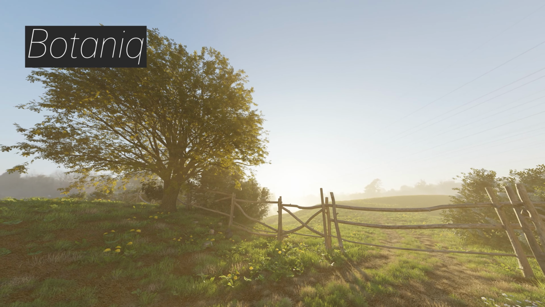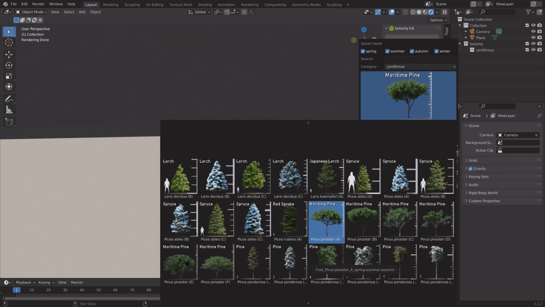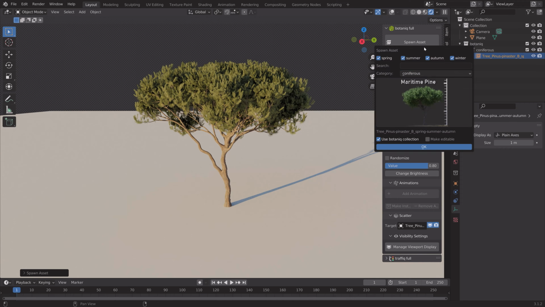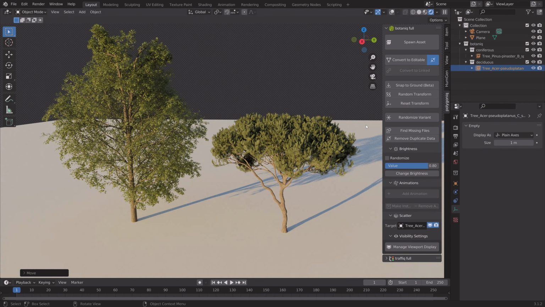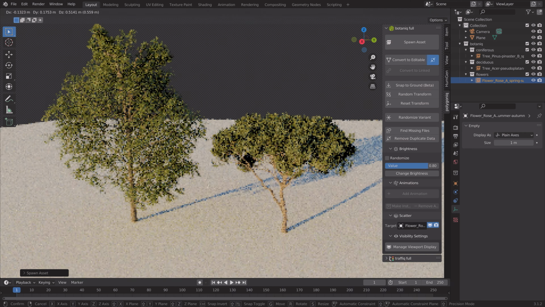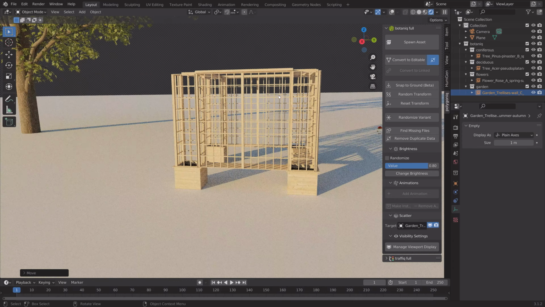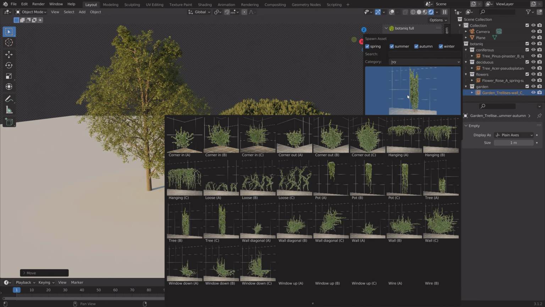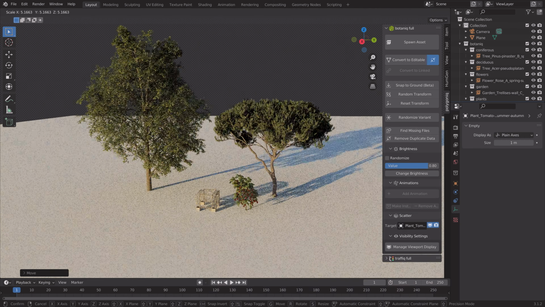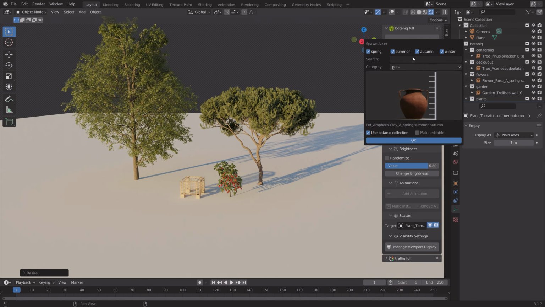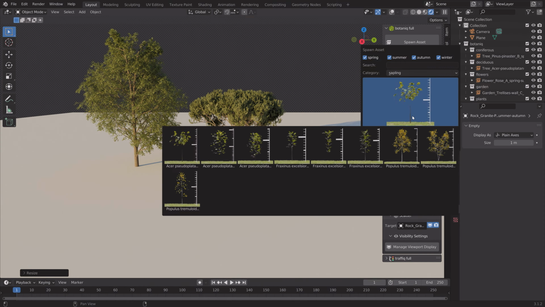add-on for nature assets. First of all, you have a lot of trees for many different seasons. And in addition to being able to add these assets individually, we will also later add them using the scatter functionality so that we can mix it with grass and so on. So as you can see, a lot of different categories, even a tomato plant, as well as rocks with a high resolution texture,